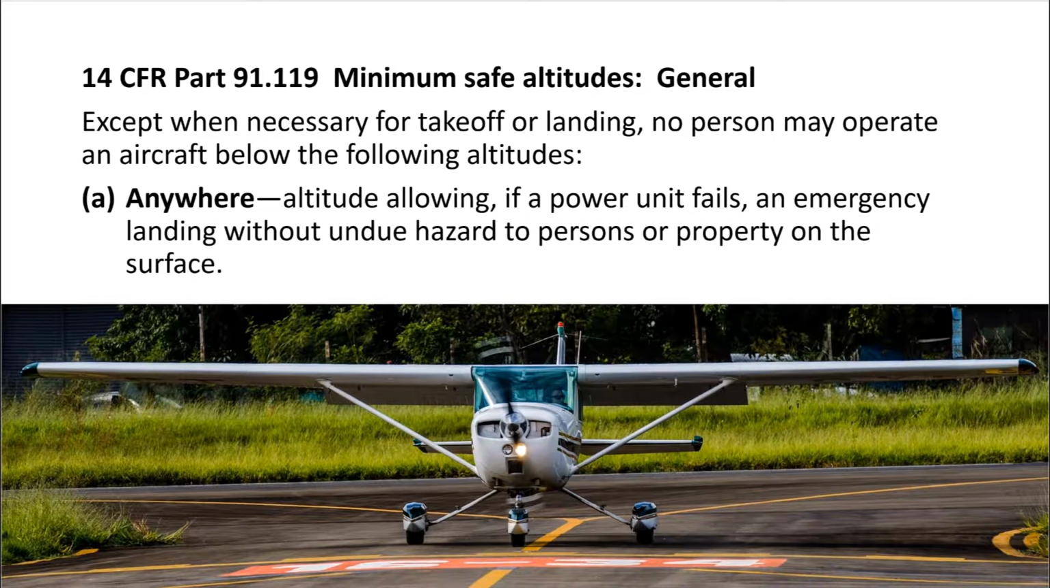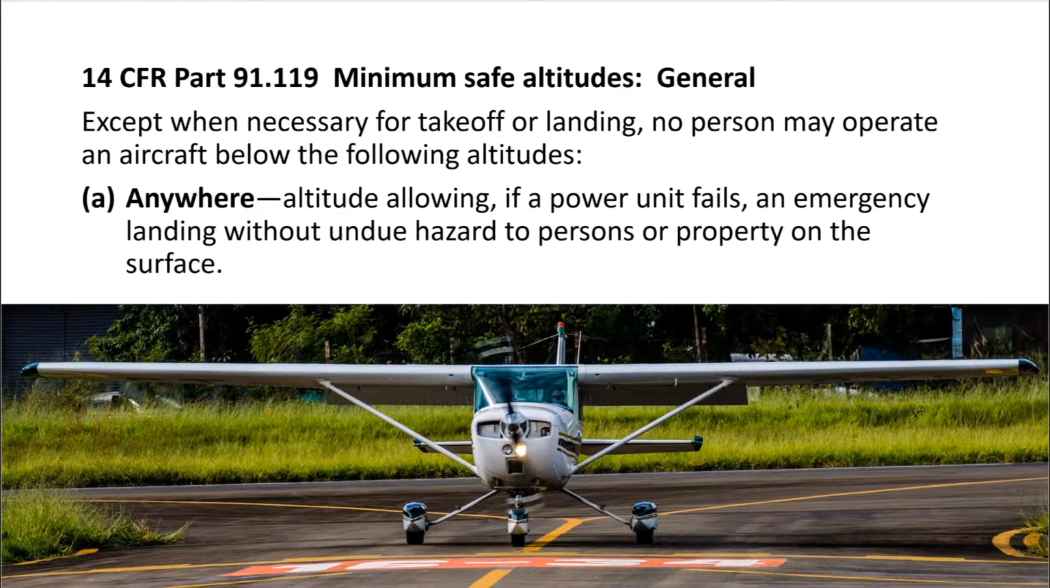General aircraft flying regulations for manned aircraft are found in 14 CFR Part 91. Paragraph 119 specifies the minimum safe altitudes that the FAA expects manned aircraft pilots to obey. Subparagraph A states that manned aircraft are always to fly no lower than an altitude that, in the event of an engine failure, there is sufficient altitude to perform an emergency landing without creating undue hazard to persons or property